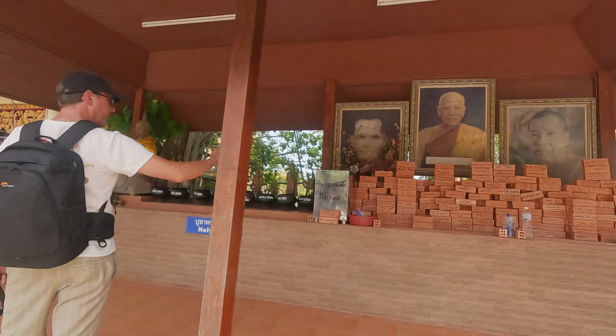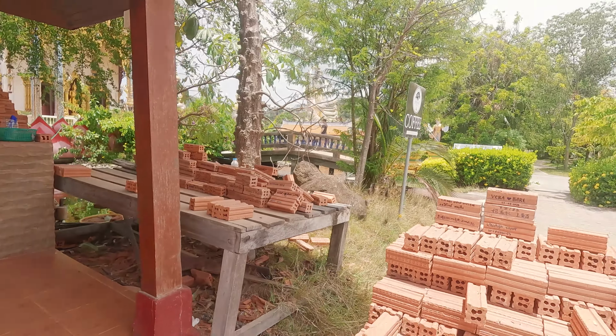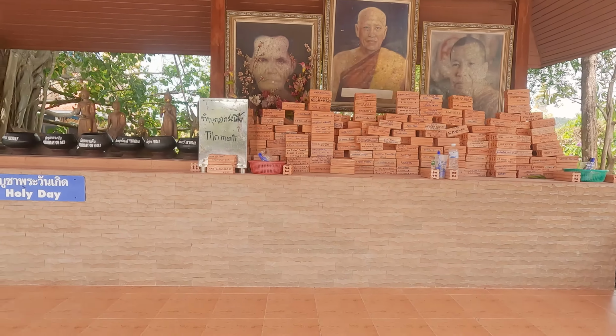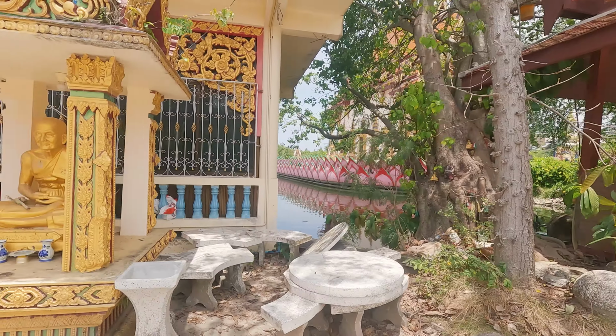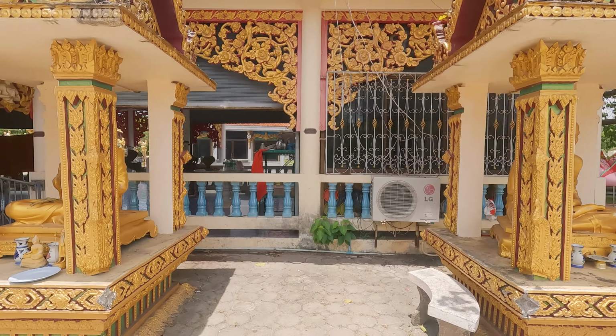So that one behind me is all closed up at the moment, so I won't get a chance to go and check that one out. I have seen a bunch of these before. You do a donation and you write your name on one of the bricks, and these bricks are then put towards completing monuments or completing temples or statues. So you've forever got your signed brick inside one of these temples or a part of one of these temples